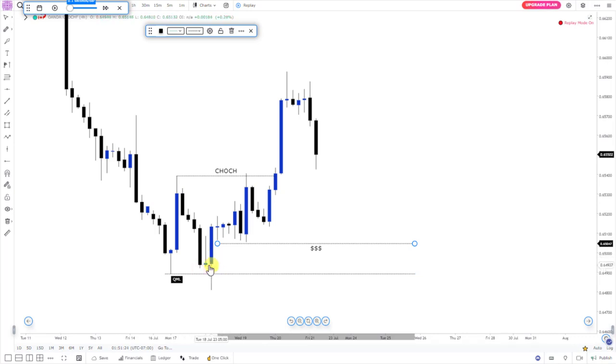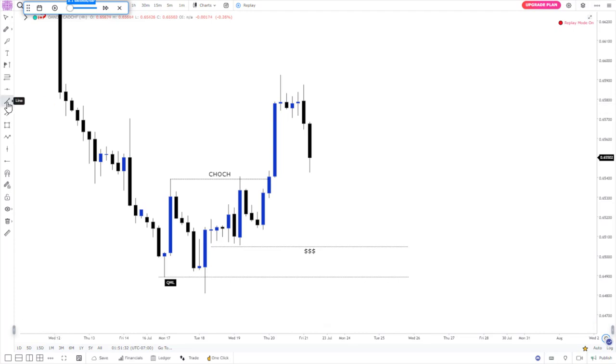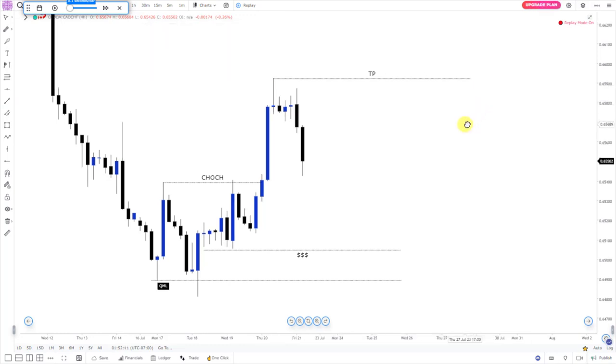If you go down to the lower time frame, you see we have a good order block right here, which is another confluence that will help us trade this and make the most out of it. Now if you want to take your target, this high right here could be a very good place to target, and you see your setup is okay like this. So what you're going to do is wait for price to come back to this QML level